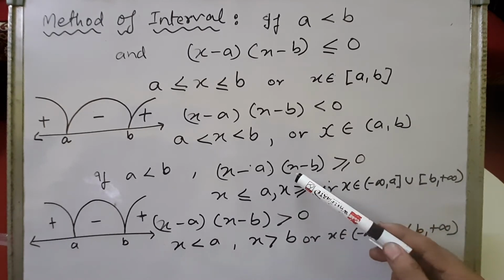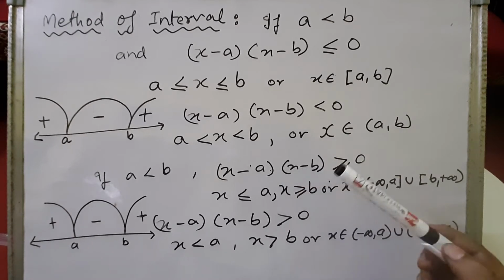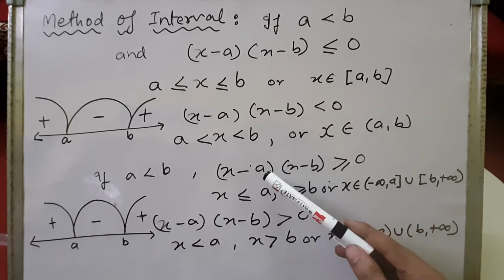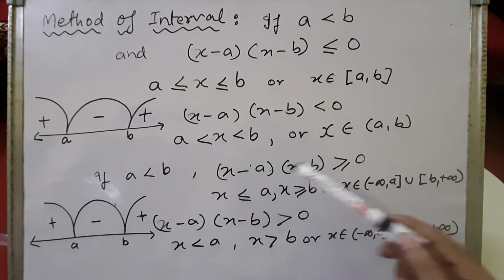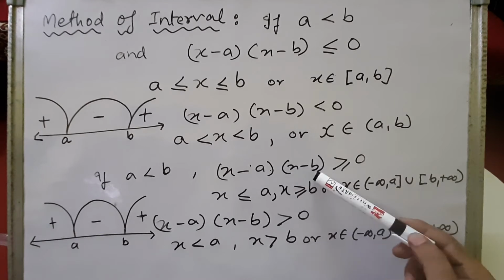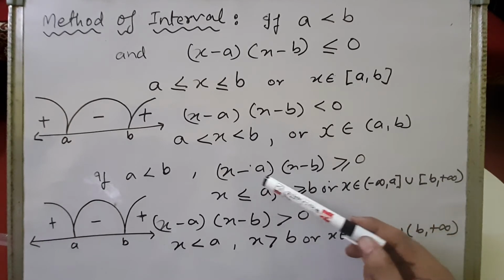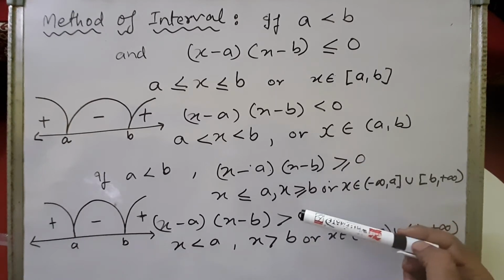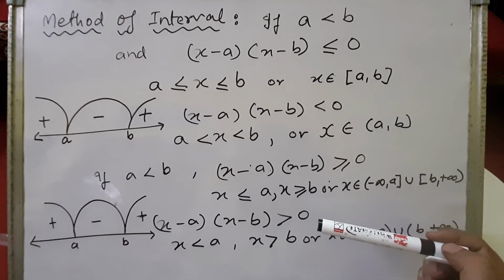So we can say that one solution of this inequality is x must be less than or equal to a, right? And for making both the brackets positive, now if x is greater than b, then since b is greater than a, x is automatically greater than a. So this bracket will be positive because x is greater than b, and this bracket will always be positive because a is less than b, right? So the product of plus into plus is always plus. Then from here the result obtained is x is greater than or equal to b, right?